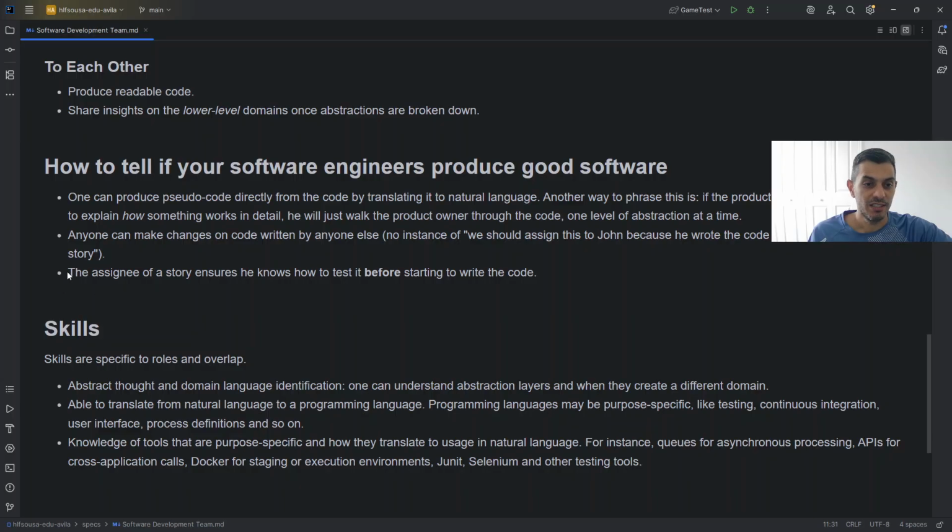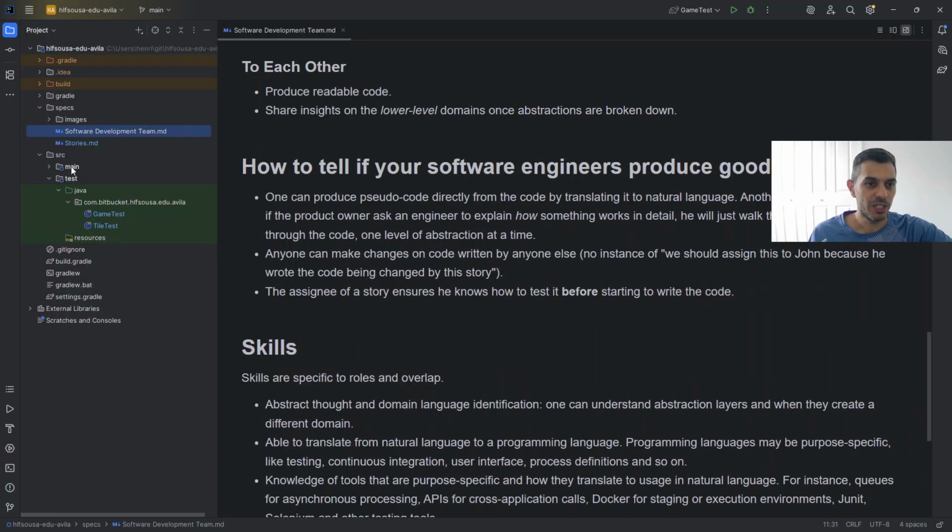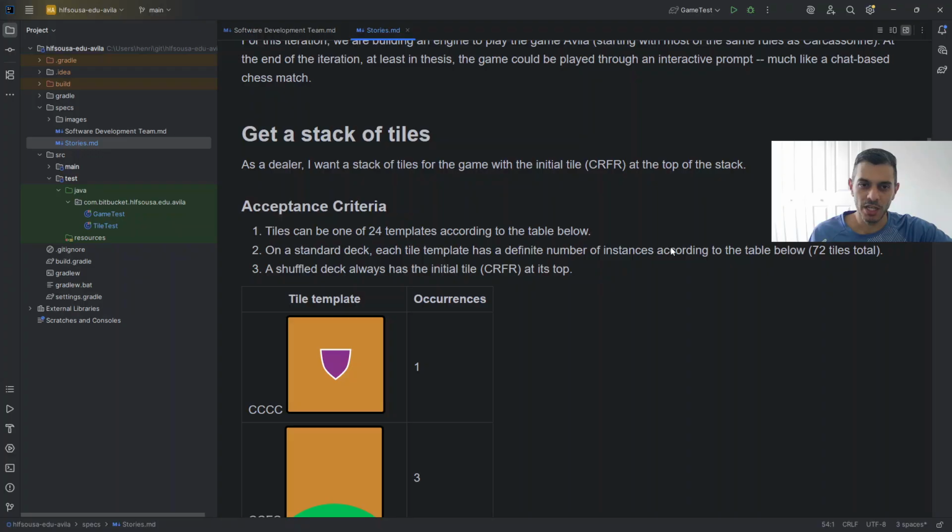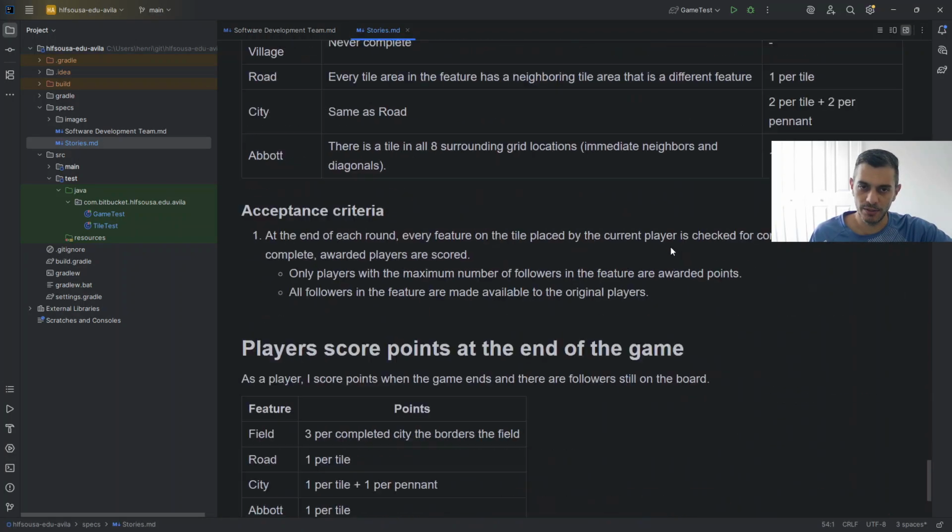And finally, the assignee of a story, ideally everyone in the team, knows how to test it before starting to write the code. So if we go back to our stories and I go to the next story,